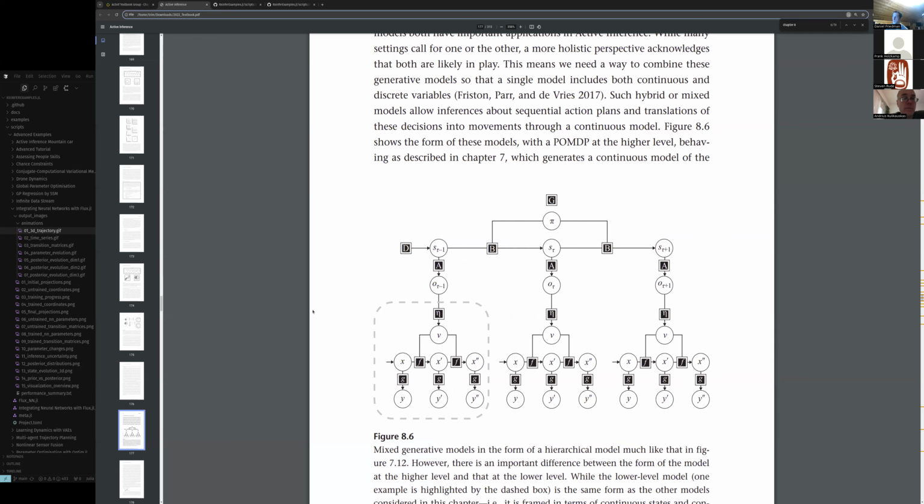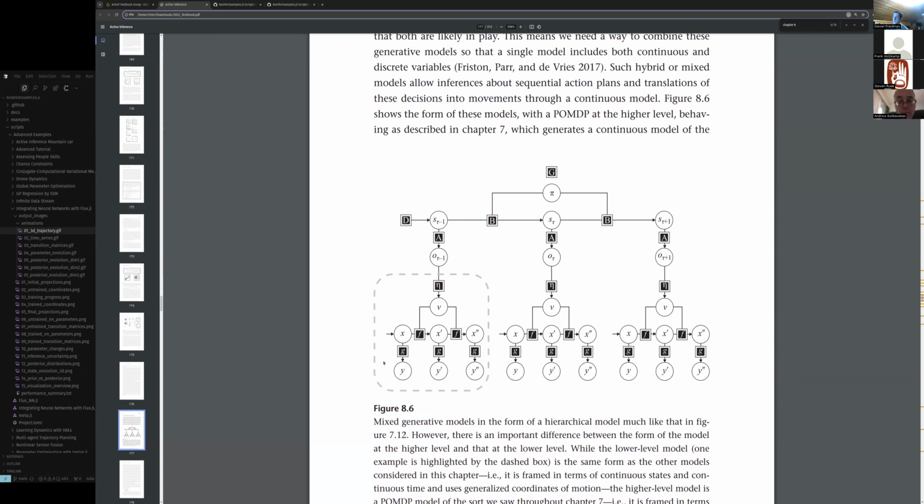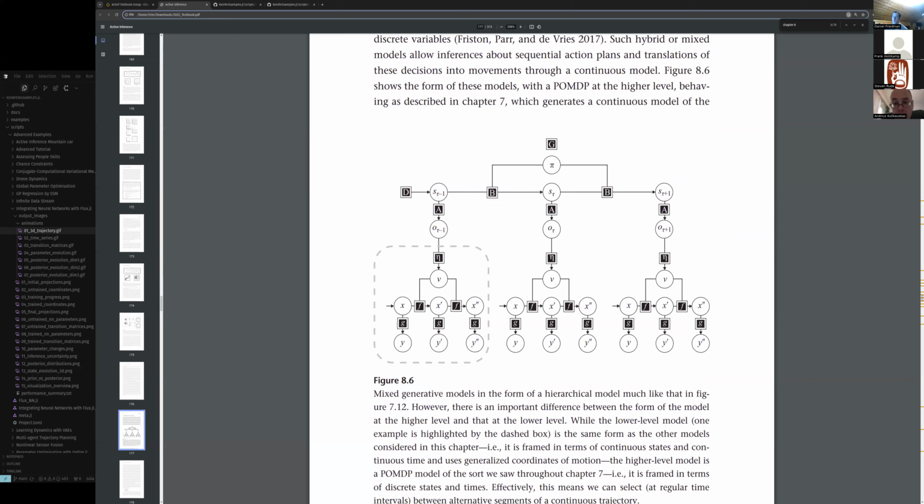Well, yeah, I mean, in Figure 8-6, this is like a classic hierarchical architecture where the lower level is a continuous time, continuous state space model, and the higher level is a discrete time, discrete state space model. So it could be like you have some sort of continuous time dynamic, whether it's a Lorenz attractor or just some sort of oscillator. And then there's a discretization, let's just say into quadrants. So then,